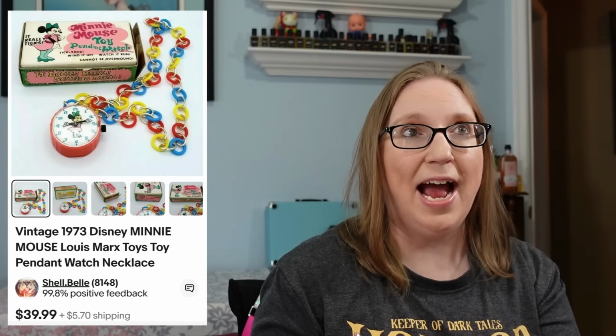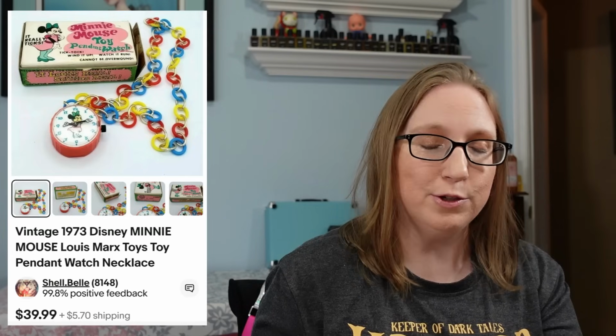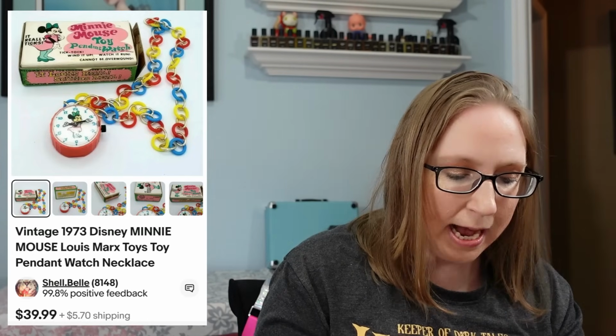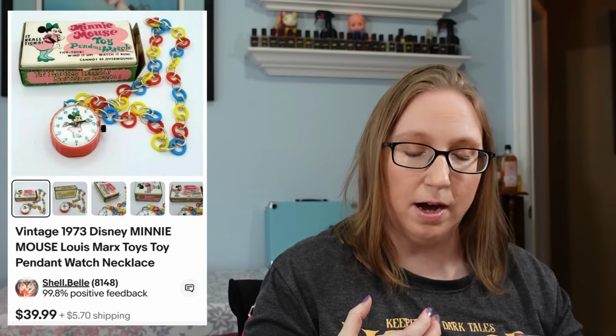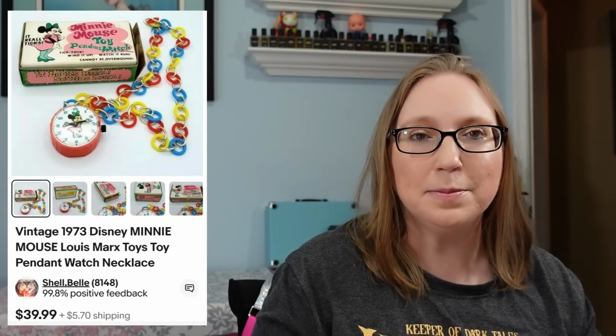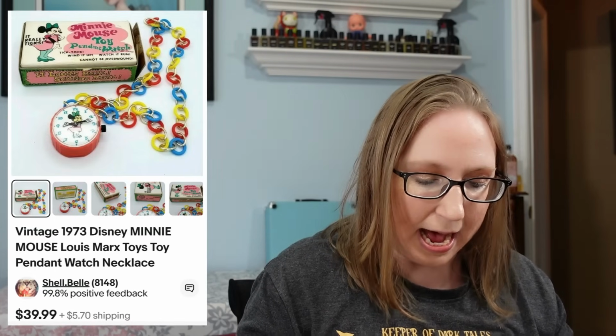This nice item I had for a while. This was one of the first things I won at one auction that we go to. I remember it clearly in my head. But it was from 1973, a Minnie Mouse clock. But it was on a necklace. It was like a kid's necklace clock. So all plastic. It was made by Mark's Toys. That sold for